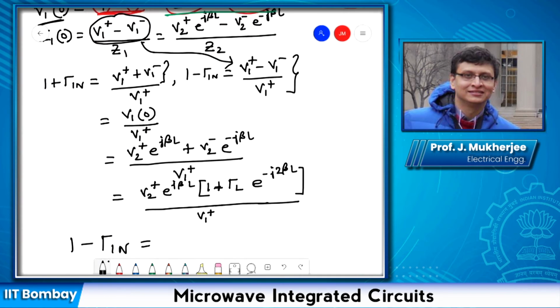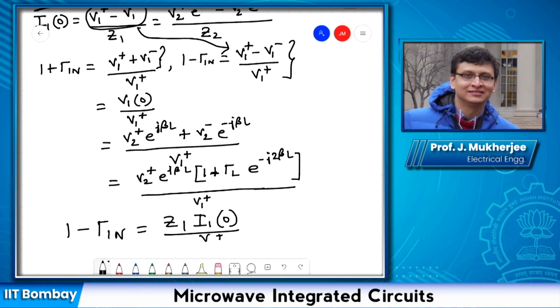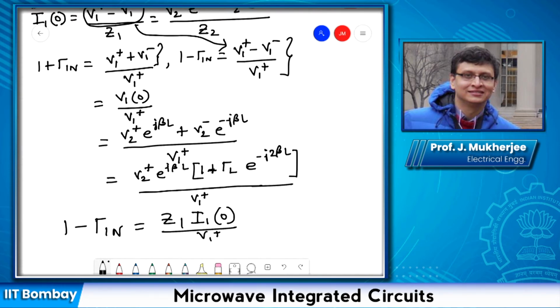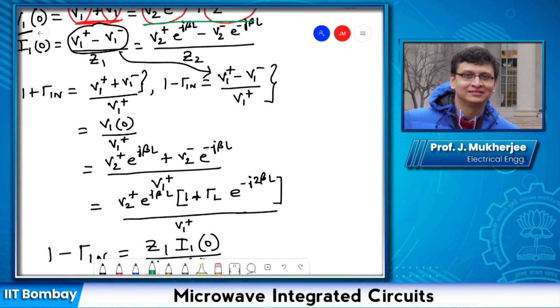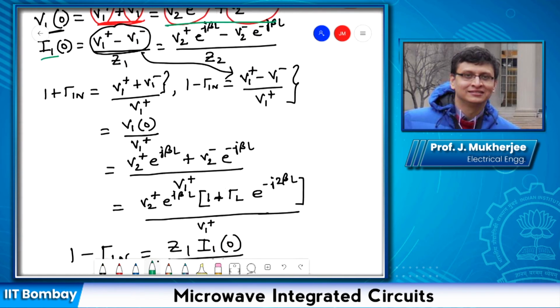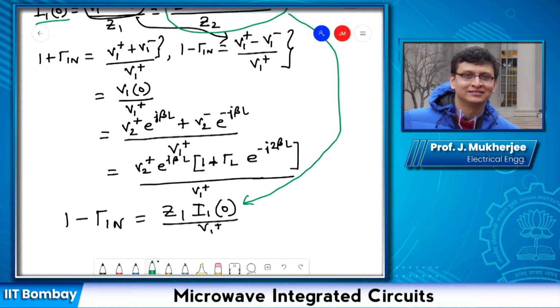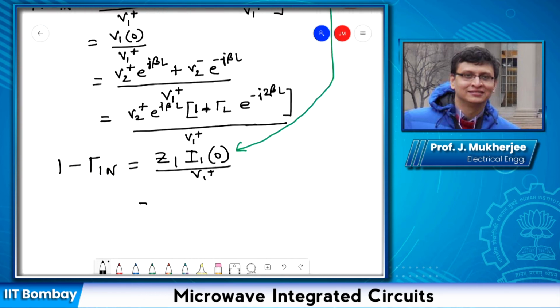This is equal to Z1 I10 upon V1 plus, and then if I substitute the value of I10 as obtained from this expression into this equation, what I get,